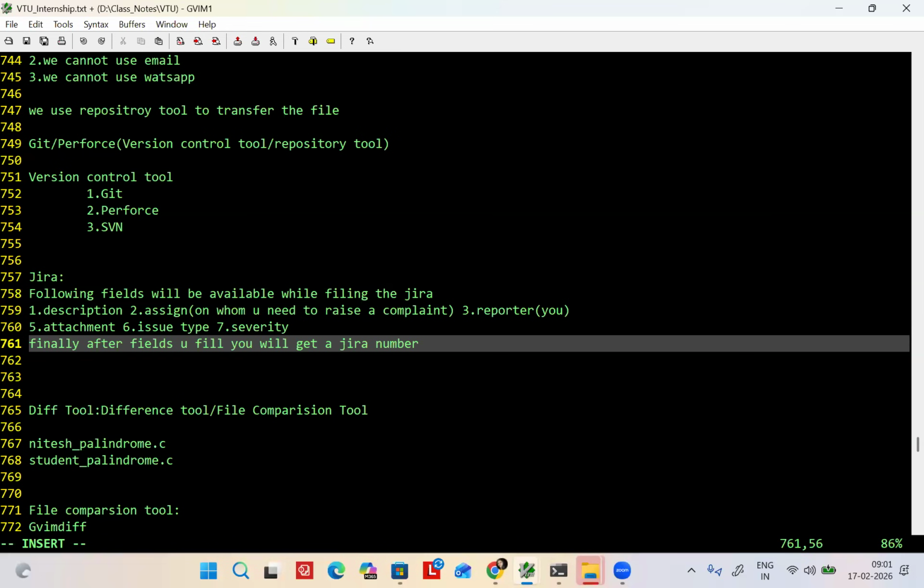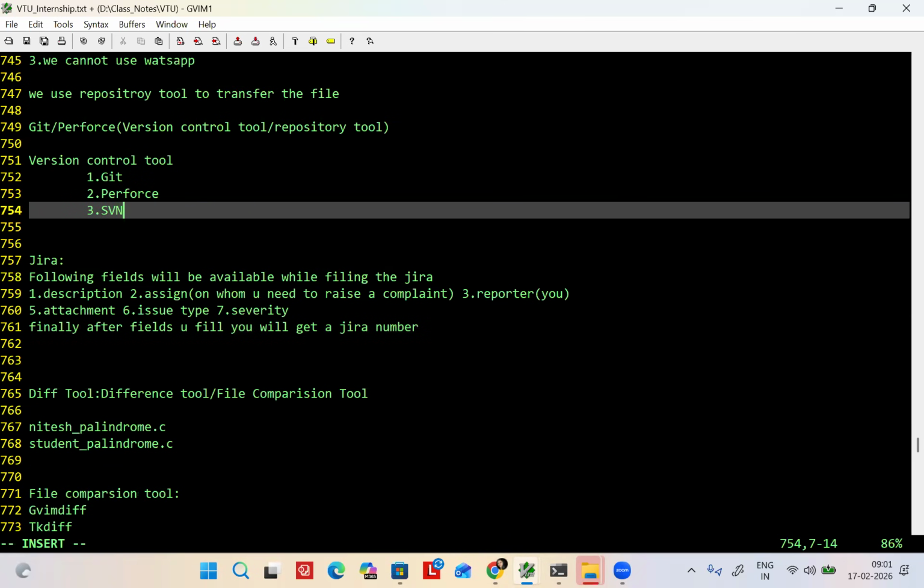Jira is the one which will help you a lot. The reason, see, suppose you got some kind of error.